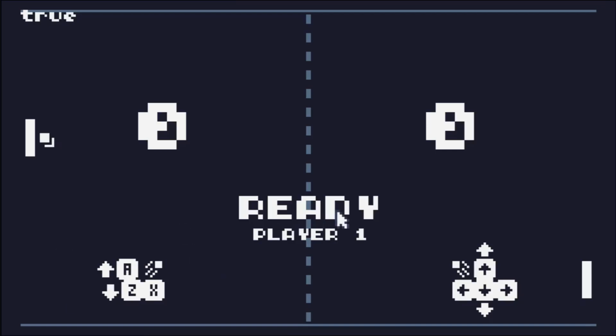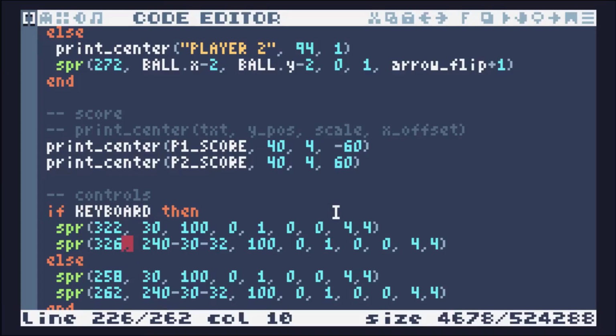Now, how do we switch these? I think we will build a menu for this eventually. So when the game starts up, it asks you what controls to use. We'll do that in the next video. But for now,